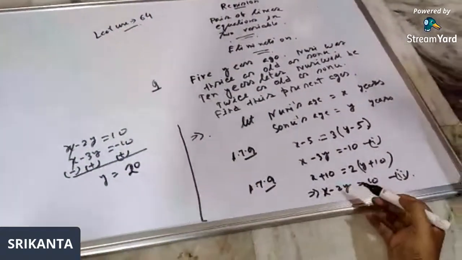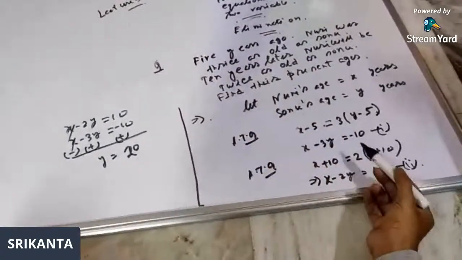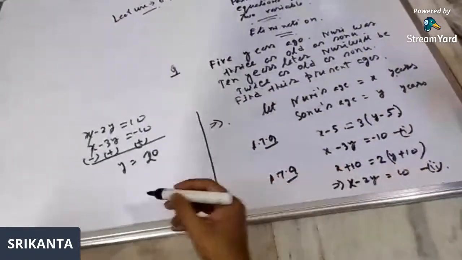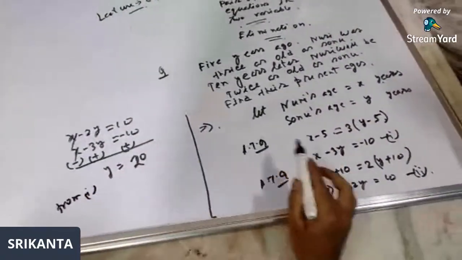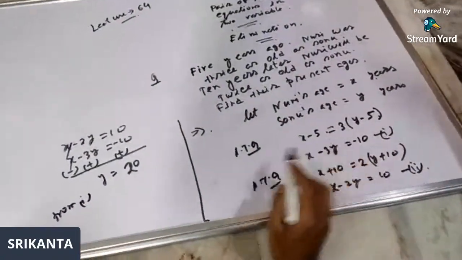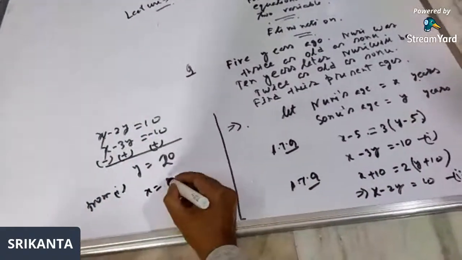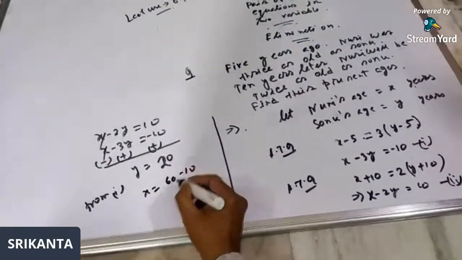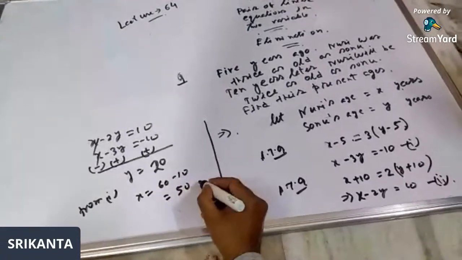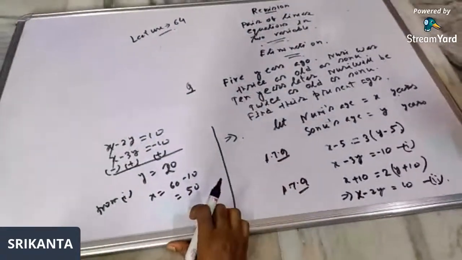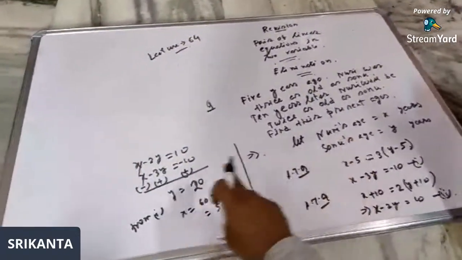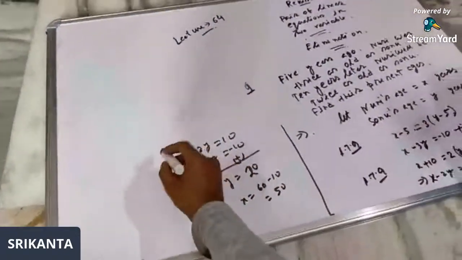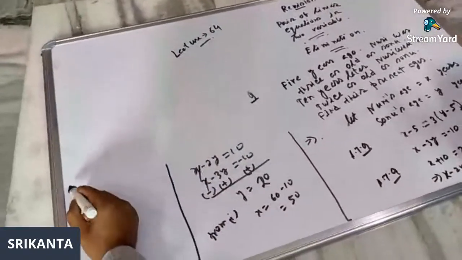So y is 20, and we can find the value of x. From 1, x is equal to 3y minus 10. So x is equal to 60 minus 10, which is 50. Therefore, Nuri's age is 50 years and Sonu's age is 20 years. At last, you write